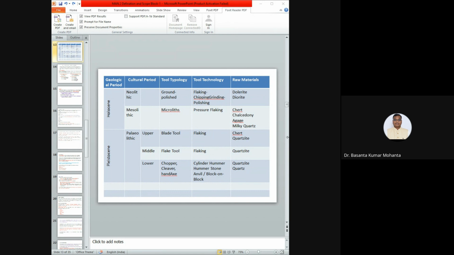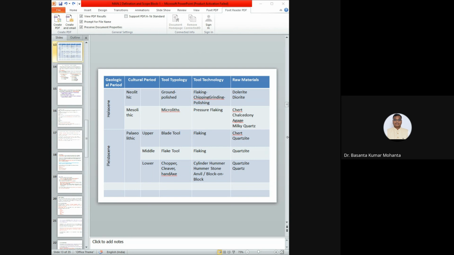In a similar way, ethnological study also helps us to know the past cultural remains. So before discussing the ethnological study, we must know the meaning of ethnology. Ethnology means a kind of comparative study of a particular cultural behavior studied by different scholars. So it is helpful to know the past cultures.